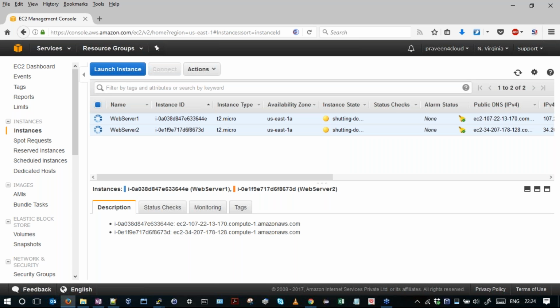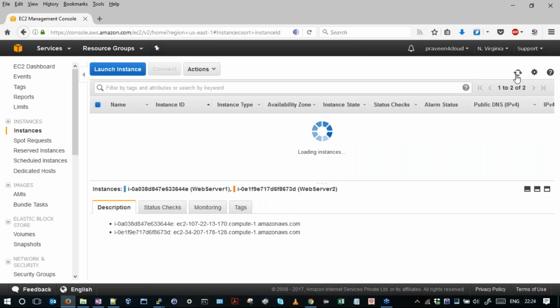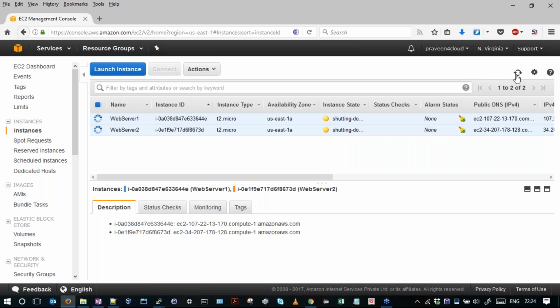Now the servers are shutting down, and finally it will go to the terminated state. It means that we are done with the servers, and Amazon will be allocating them to someone else. It will also stop our billing. If you see, it is still in a shutting down state. In a minute or two it will go to the terminated state.